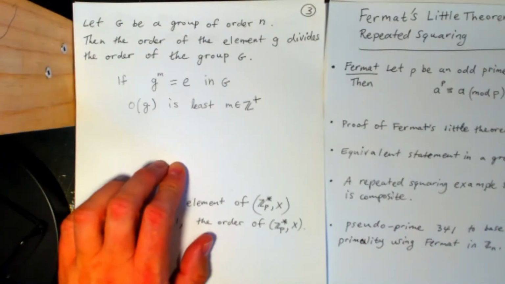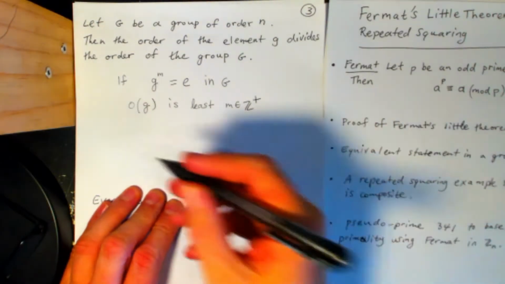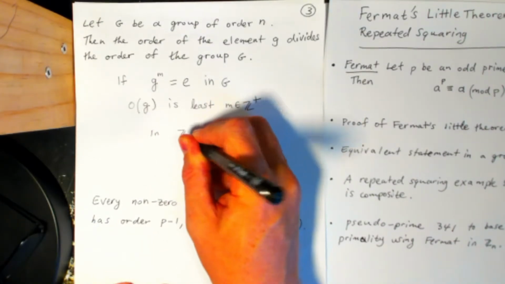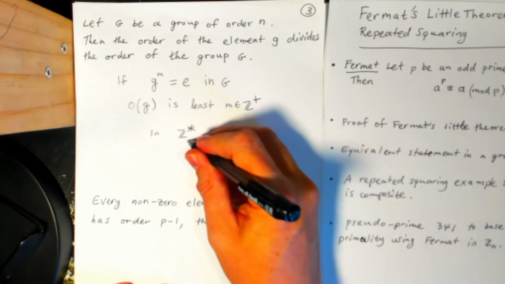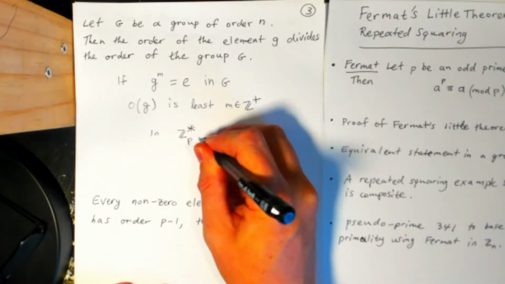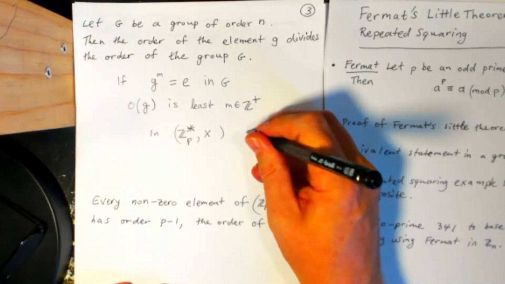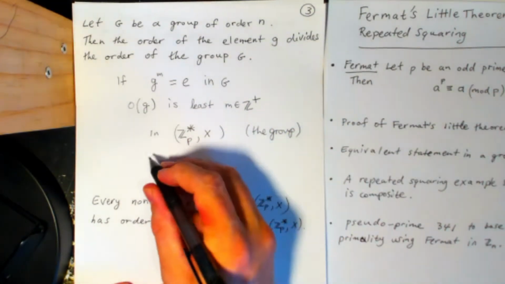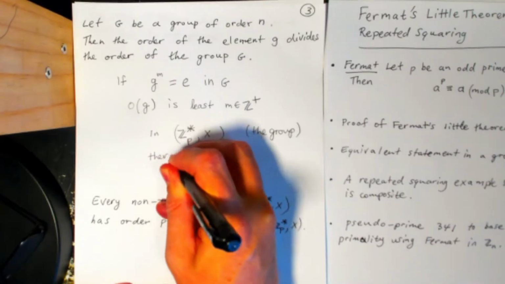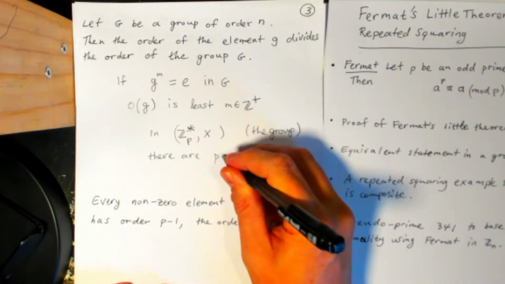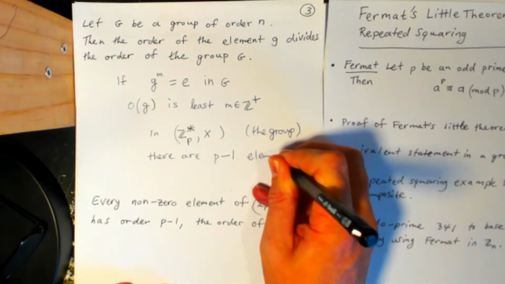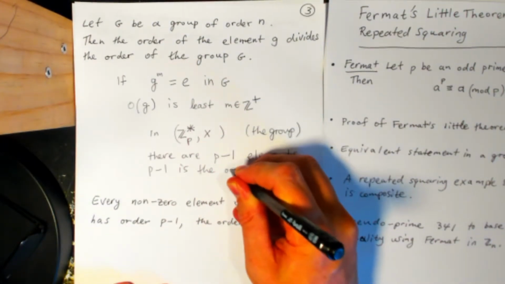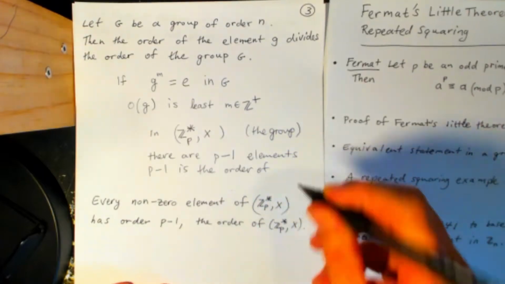All right, so now in terms of Fermat's little theorem, what this says is that in the group of integers modulo p without 0 with multiplication, there are p minus 1 elements. Okay, p minus 1 is the order of this group,